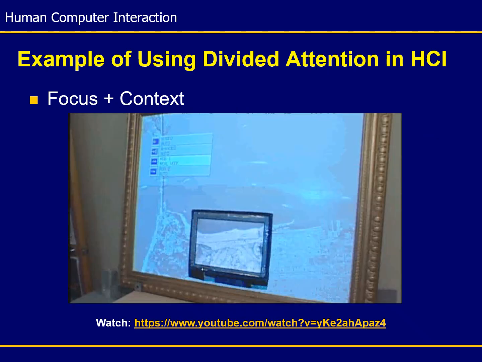Now, here is another example again of divided attention, at least part of it, even though there are other kinds of attention that appear here. This is another research work in which the user overlaid a projector image on top of a frame where the frame has a hole, and in the hole there is an LCD screen. What the user does is he can manipulate, for example, a map by displaying it on the projector, so it gets displayed in the big golden frame,